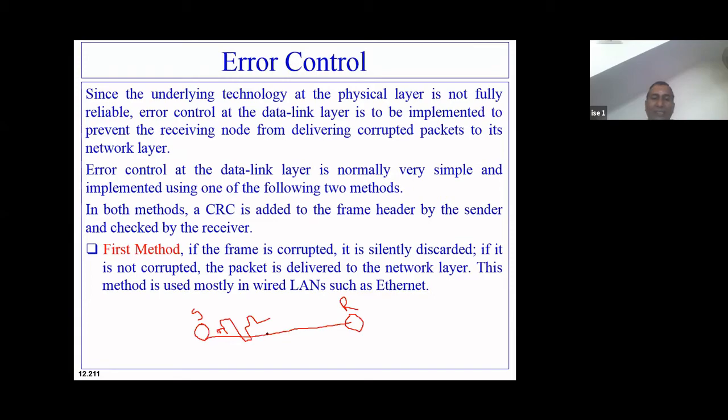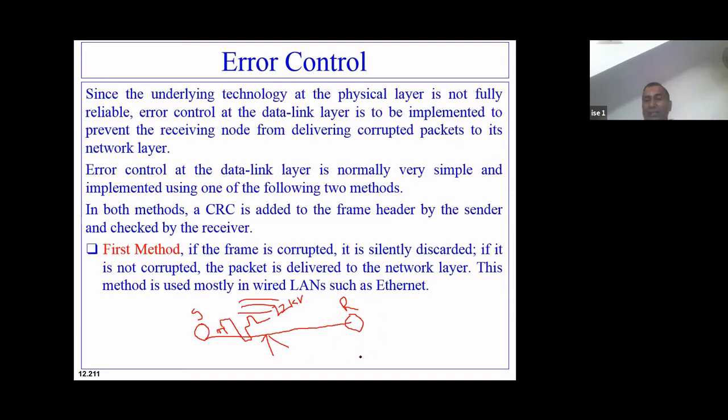Now say this is a copper wire which is carrying these electromagnetic pulses, electromagnetic signals. At this particular point, it is passing through very high tension electrical lines, say 22 kilovolt lines, which generate a huge magnetic field, and assuming that this copper wire is passing just below these high tension wires, some of these electrical pulses, zeros and ones, may get changed.